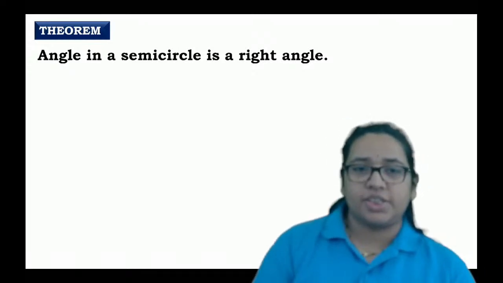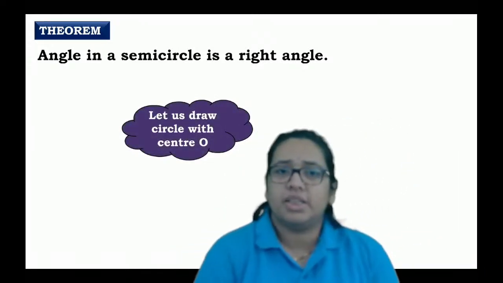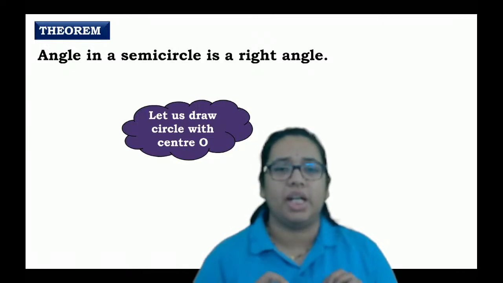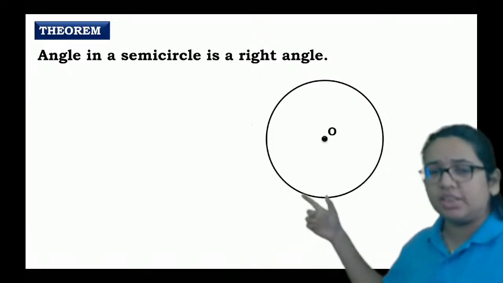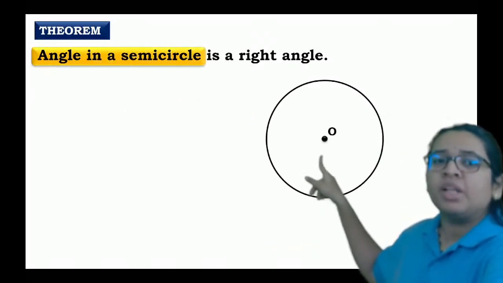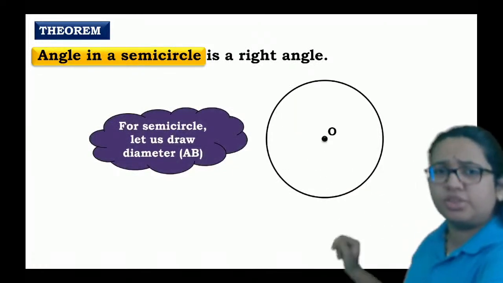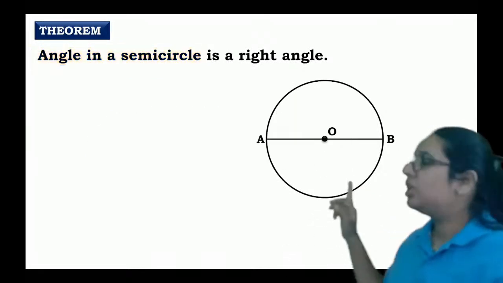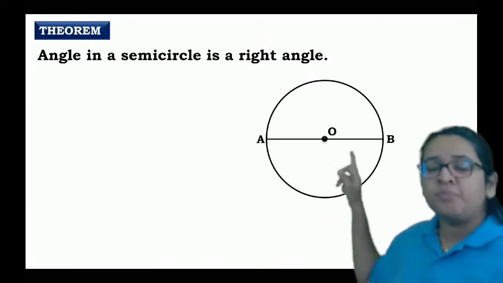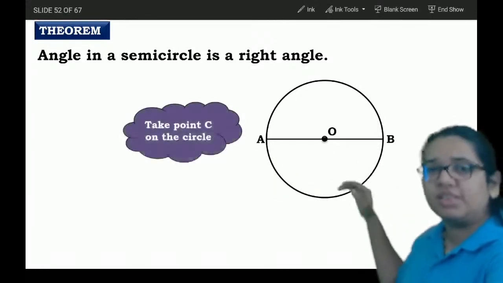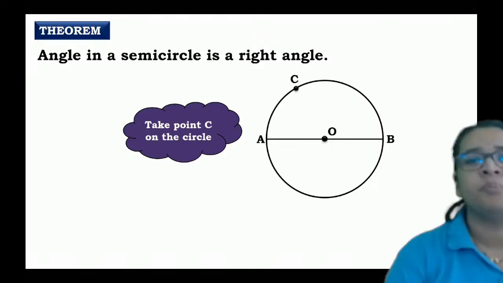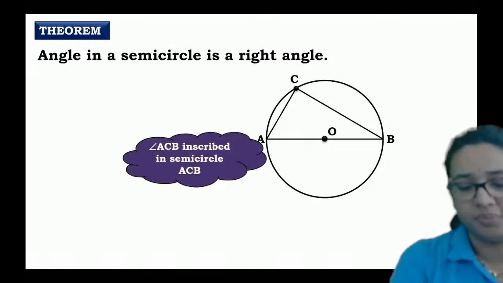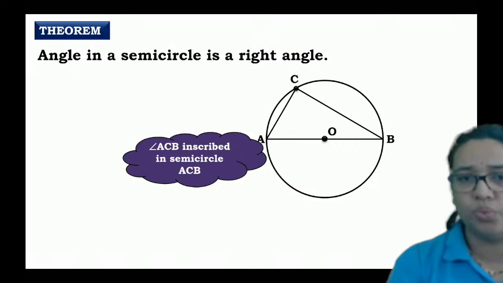We'll just go for the next theorem, that angle in the semicircle is a right angle. So we'll consider a circle having center O. Angle in a semicircle. So for that, first of all, you just have to consider a semicircle. For that, we'll just draw a diameter. Just because of this diameter, we can say that this will be the semicircle, and so if you will consider point C,